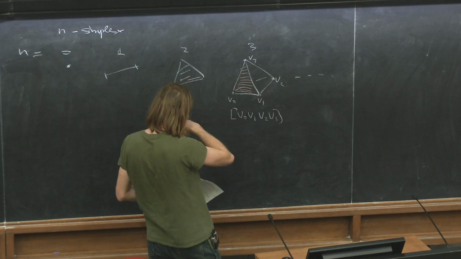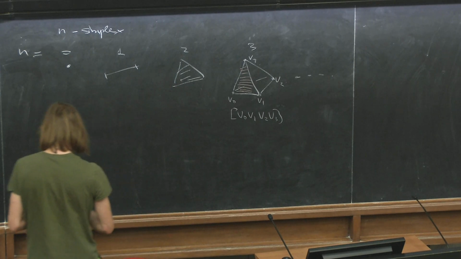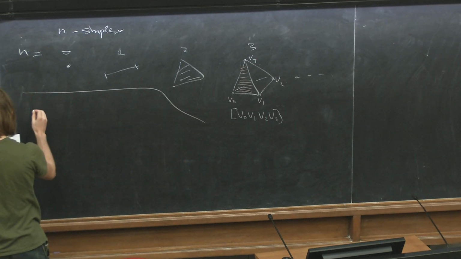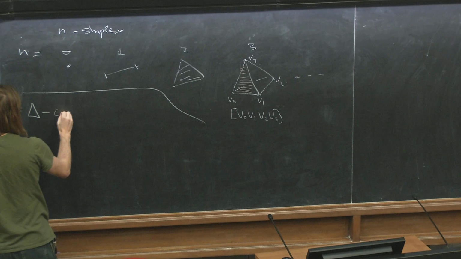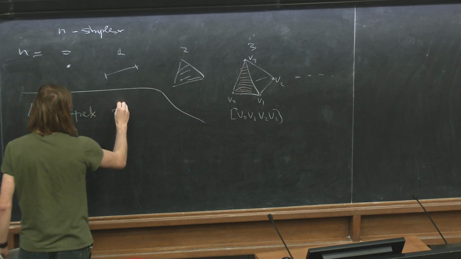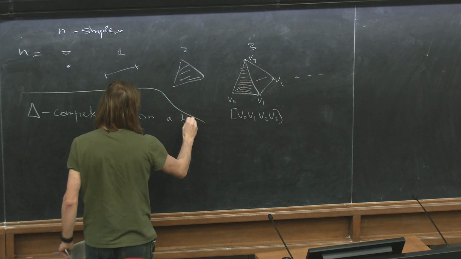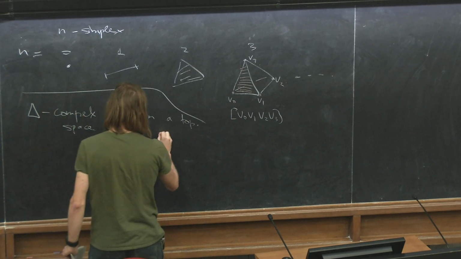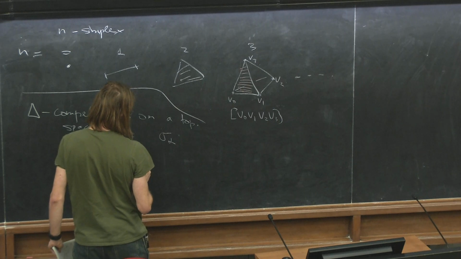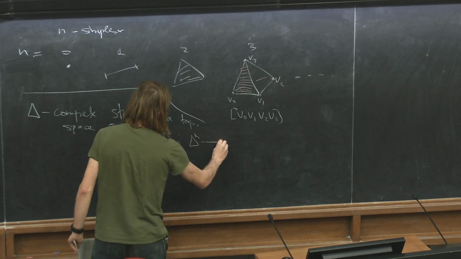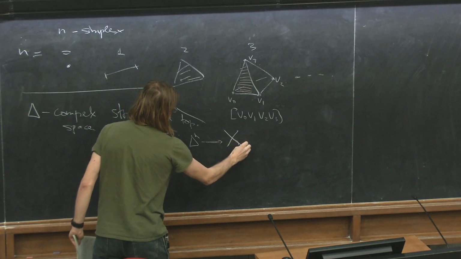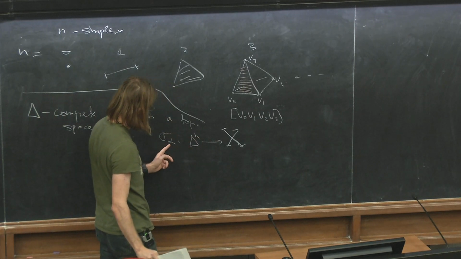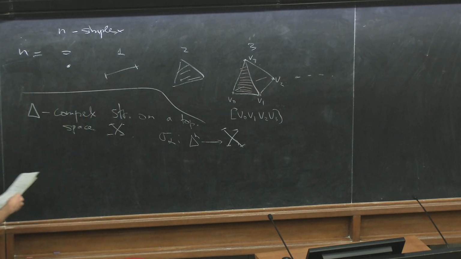We also showed that for each simplex one can consider simplices where we throw away some of the vertices, and we finished by introducing a notion of what we call delta complex structure on a topological space X. It was defined as a collection of maps, each map acting from a simplex for some n, depending on alpha, to our topological space X, and they satisfy